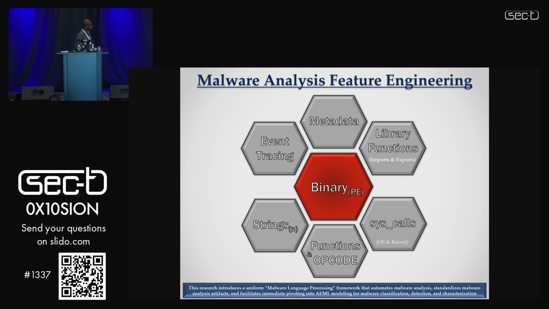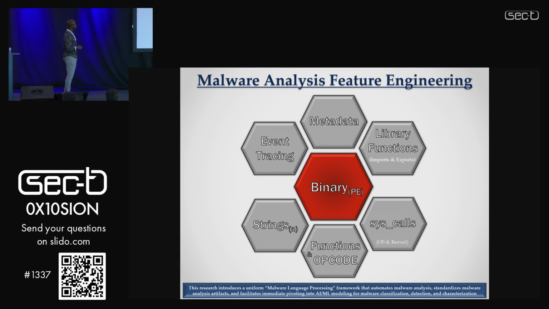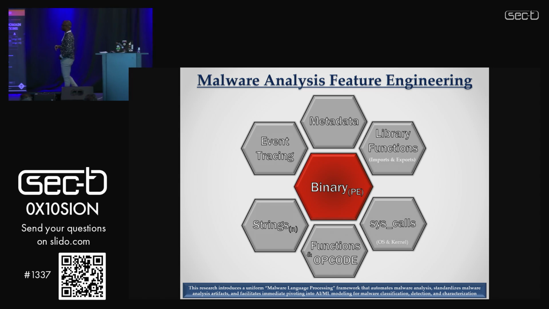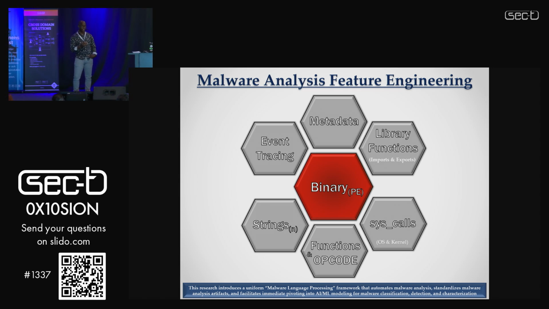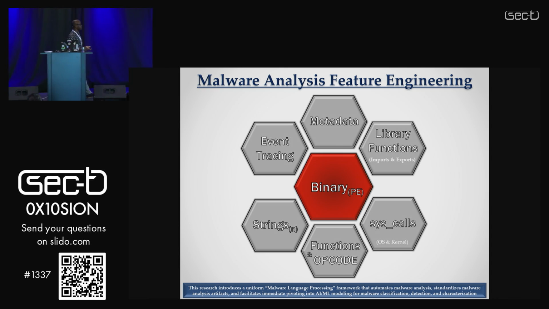In reverse engineering, whenever I have a sample that I'm analyzing, I pretty much look at these 6 main areas to help me know what that sample is doing. The first one is the metadata. As I've said a few times, we can also look at the function hashes or fuzzy hashing. Just what is the composition of the sample itself? Those are features that we can add into our model.